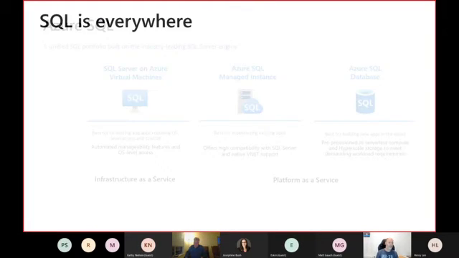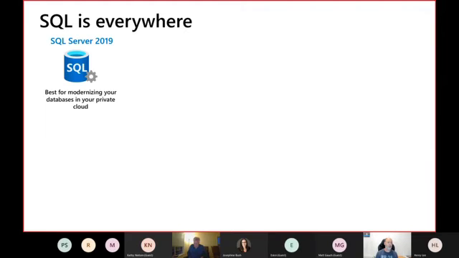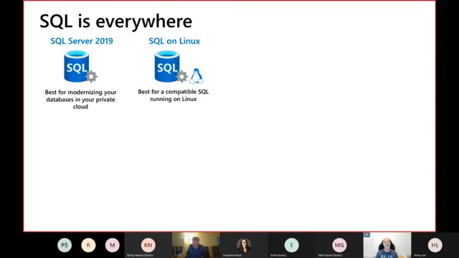So the interesting thing is that nowadays SQL Server runs almost everywhere, right? And why do I say that? Well, first of all, we can have our bare metal servers running in our data center. We can have VMware with multiple virtual machines running SQL Server any version. You also know that since SQL Server 2017,